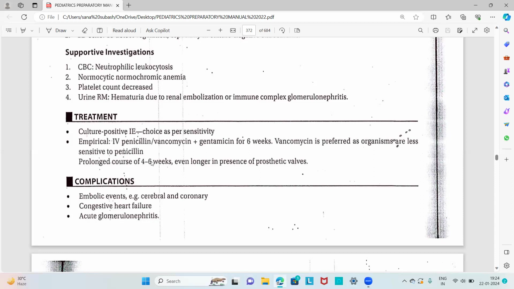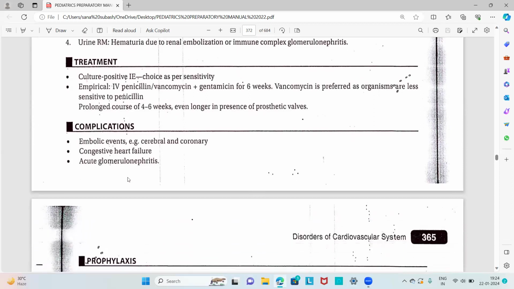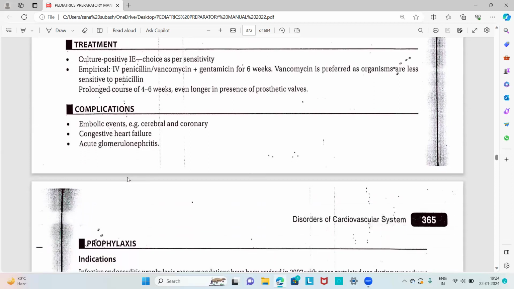And a prolonged course of 4 to 6 weeks, even longer in the presence of a prosthetic valve, is required. Then what are the complications following infective endocarditis? Embolic events, that is, vegetations which embolize and result in embolic events in the cerebral as well as the coronary circulation, and also infective endocarditis which results in congestive heart failure, and also because of